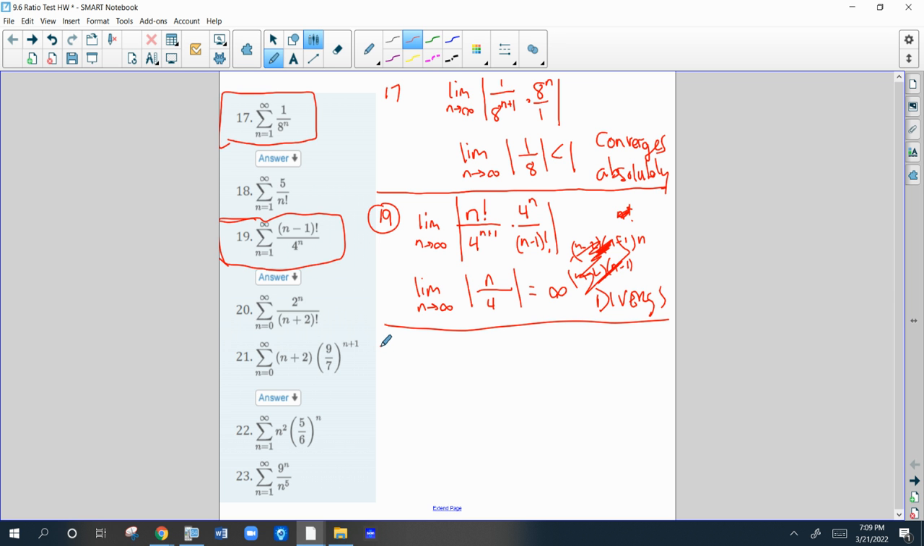21. 21 is the same thing. If you look at 21, we have n plus 2 times 9 over 7. There's no way the last term here is 0. So there's no way that this converges. It must diverge. With that being said, I'm going to do the ratio test anyway, because that's what it's asking me to do. So this would be n plus 1, or n plus 1 plus 2, n plus 3, times